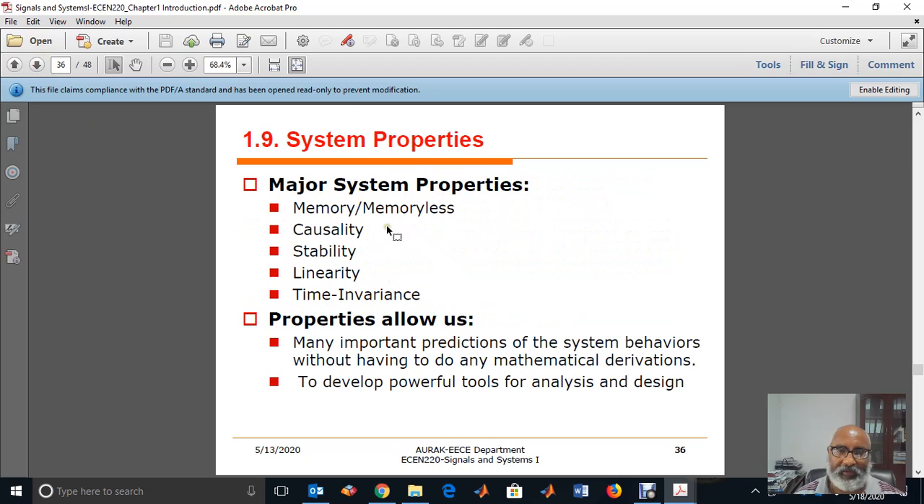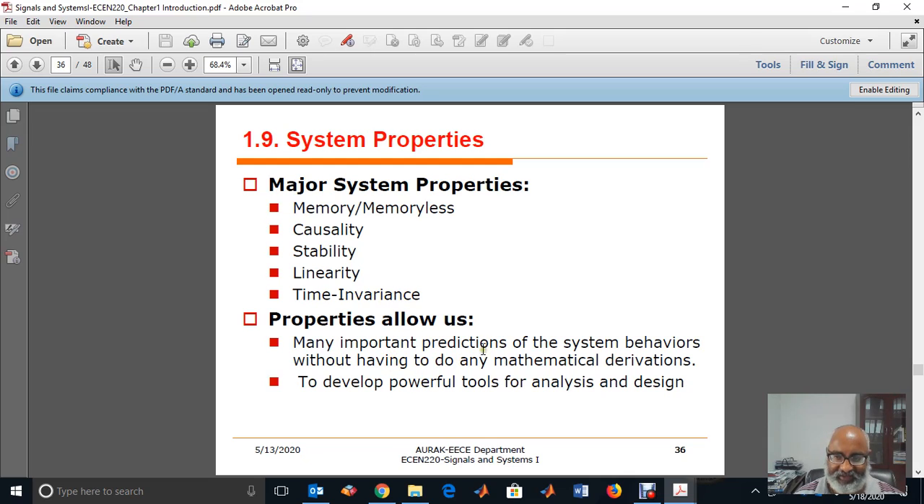Okay, when we study systems, we have what we call system properties. For example, memory and memoryless, causality, stability, linearity, and time invariance. These are some of the properties. Why do we need to study properties? Because the properties allow us to predict